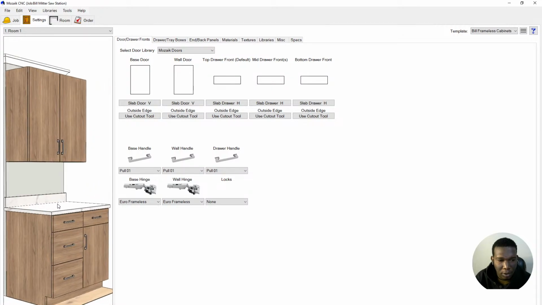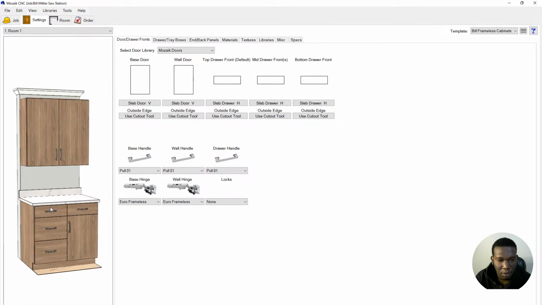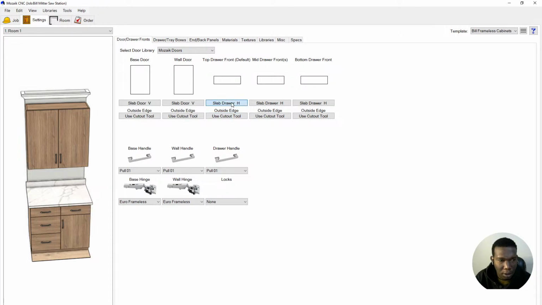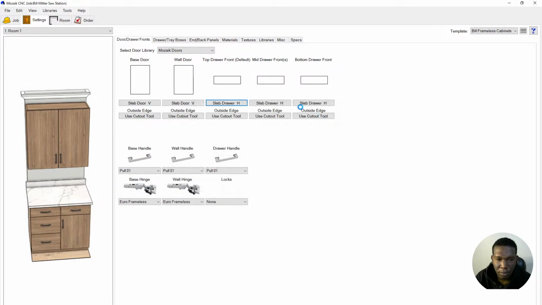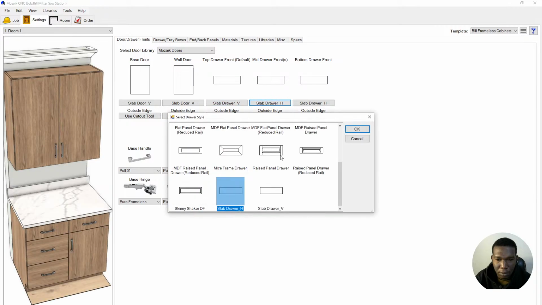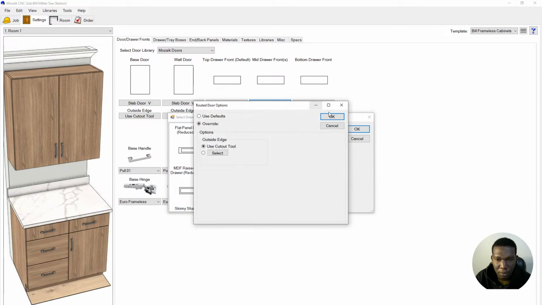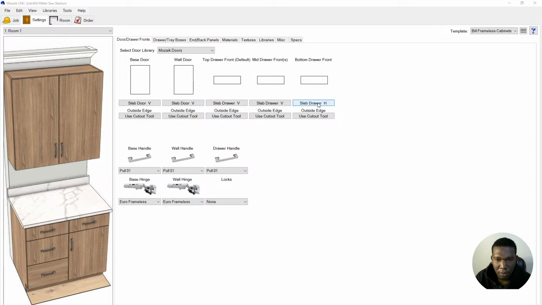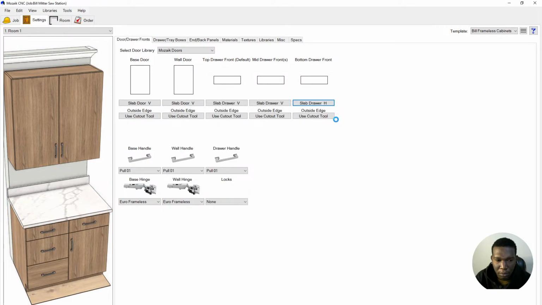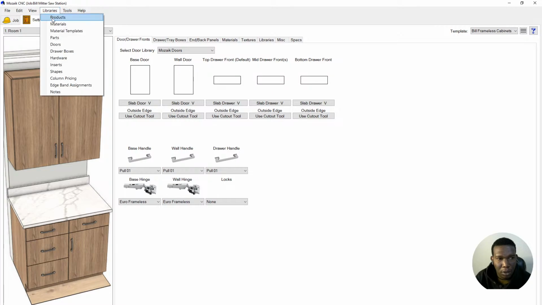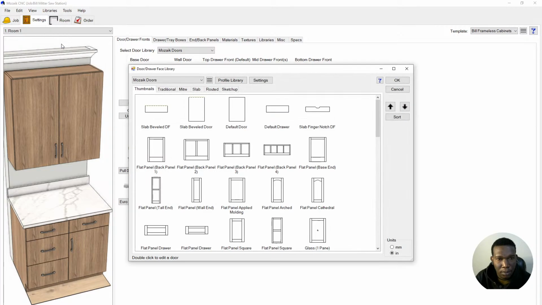I can't like that loop. If you don't, you can change them to vertical also. So that is that you are using which door library? Mozaik door library. So you can go to libraries and then doors,